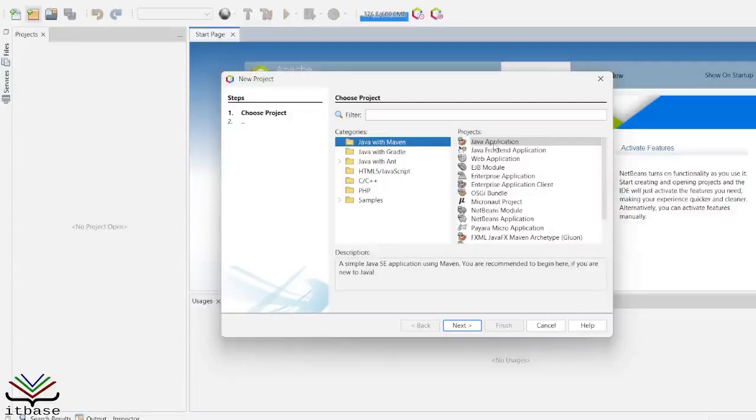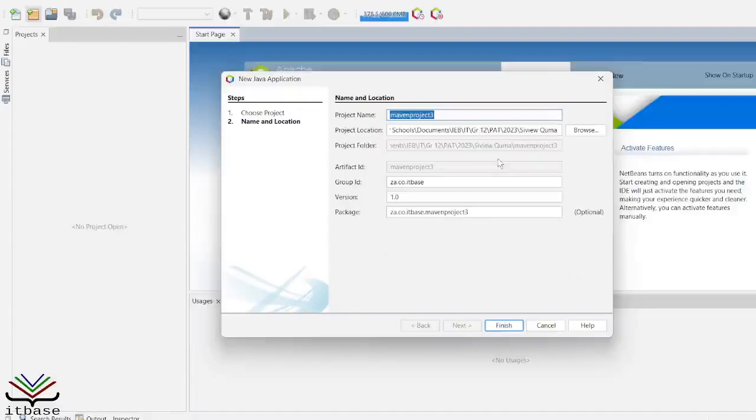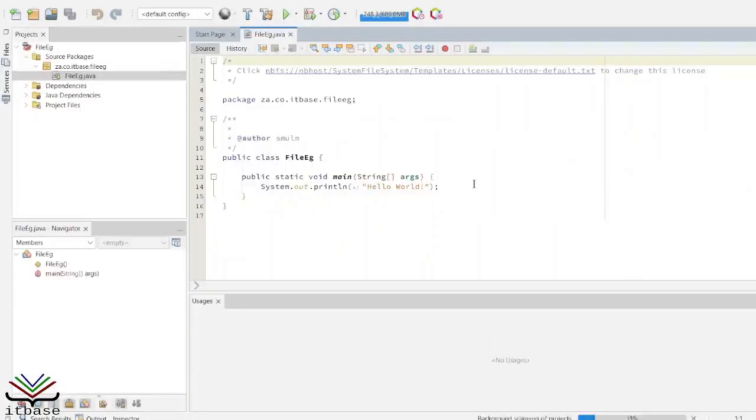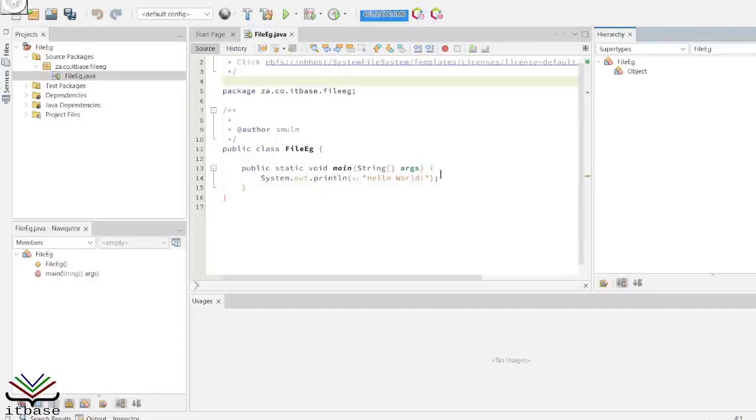So Java with Maven, and we're going to choose Java application. Next. We give it a name here. I'm going to call this file e.g. file example, and the rest can stay more or less the way it is. We're just going to stick with the defaults. And there it is. So Netbeans gives us a basic Hello World application, and you'll see that our main class is file e.g. So obviously we are using the source file, file eg.java,